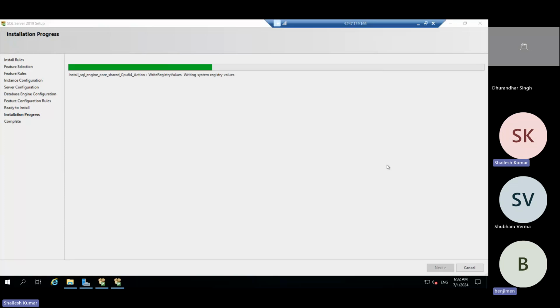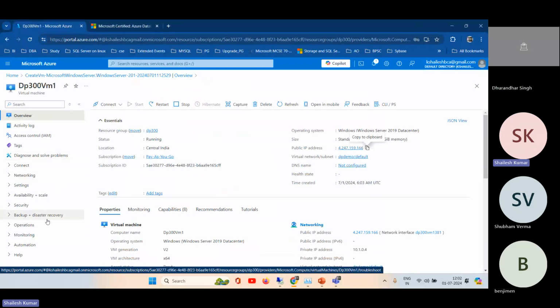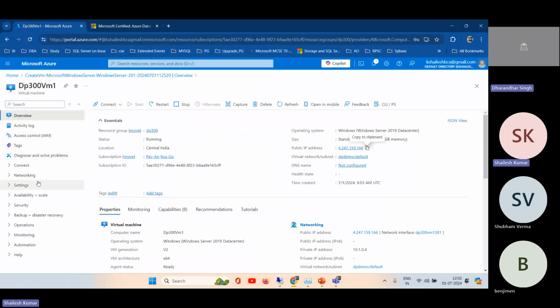Because this is a basic one, you can start from here. It is easy to understand what features the Azure portal provides, how you create the VM and how we set up all those things. If you know all the tabs, then it is easy to manage or create all things. These are the tabs: connectivity, network settings, availability, scalability, that is by default. You can enable backup and recovery, operations, monitoring, and automations. So these are all we have to capture here. You can see step by step, so it will help us to understand all the terminologies and keywords.